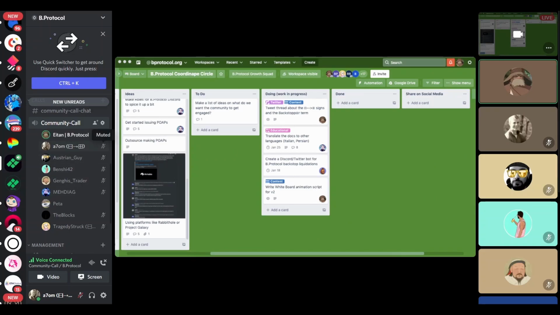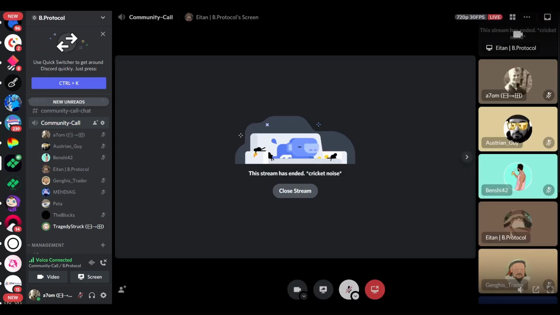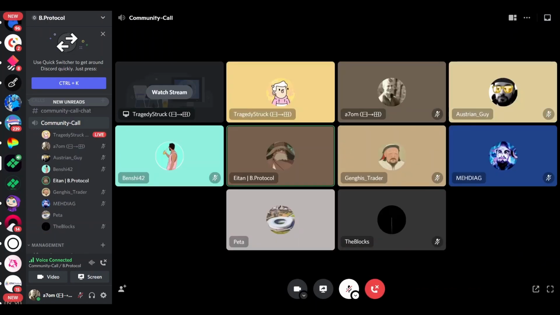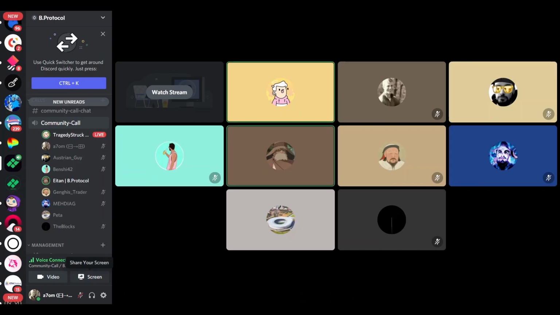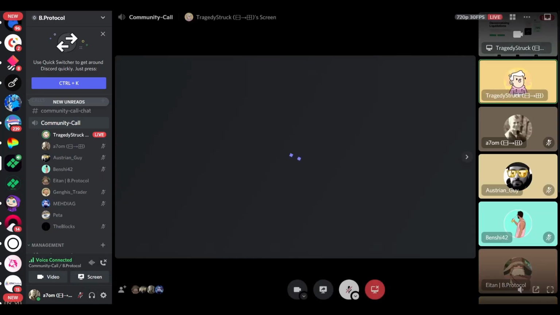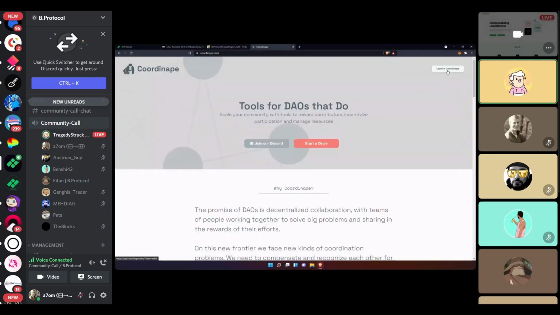Right. So, Tragedy, do you want to take us through Coordinape? Yeah, sure. I'll share my screen if I get it right. Tragedy, is that okay for me to say that you are currently our project manager for Coordinape? That's fine. Okay, so can you see my screen? Yeah. Okay, so you went through the Trello, and I'll look at the Coordinape. So you just go to Coordinape and